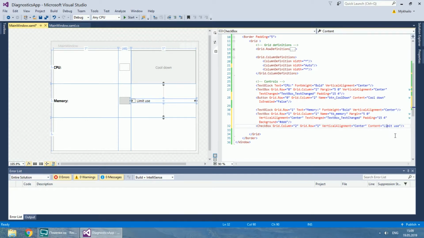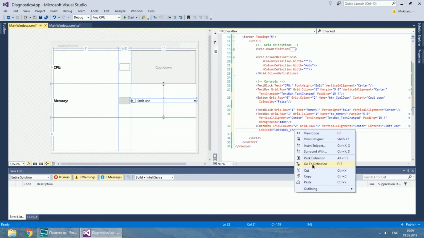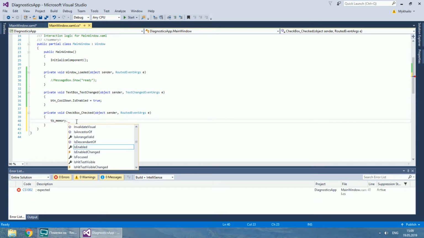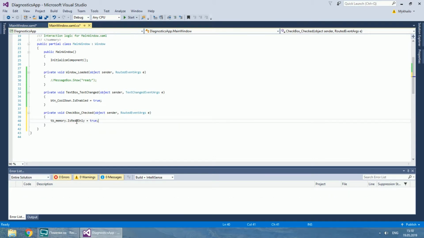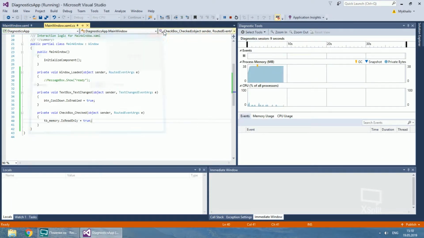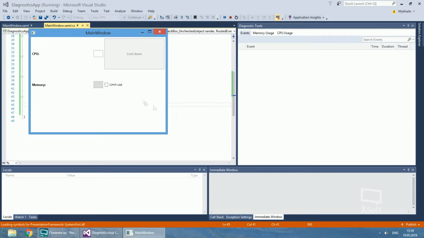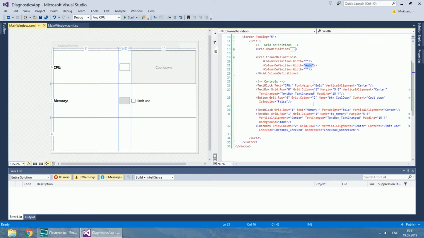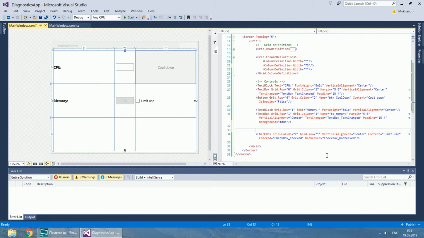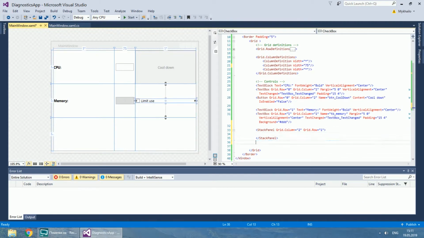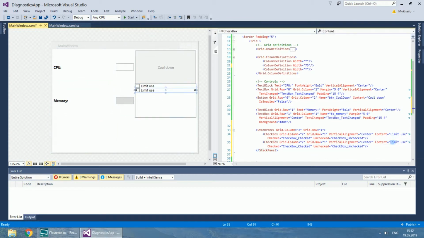You are interested in 2 of its events: checked and unchecked. You can actually reuse your events for other controls.